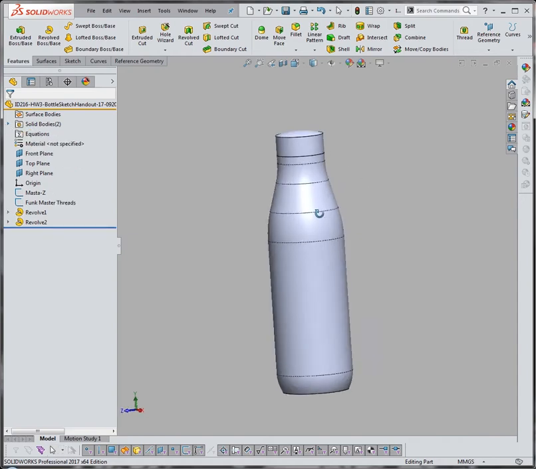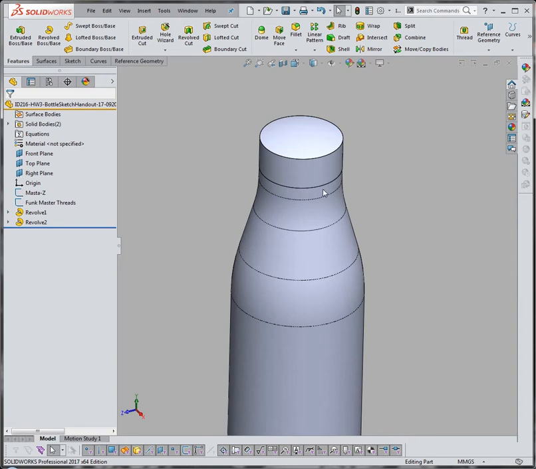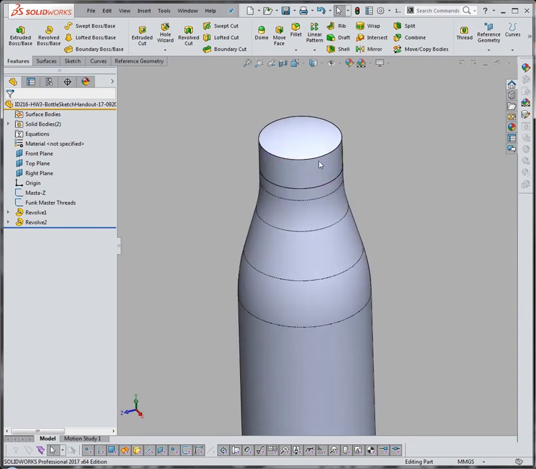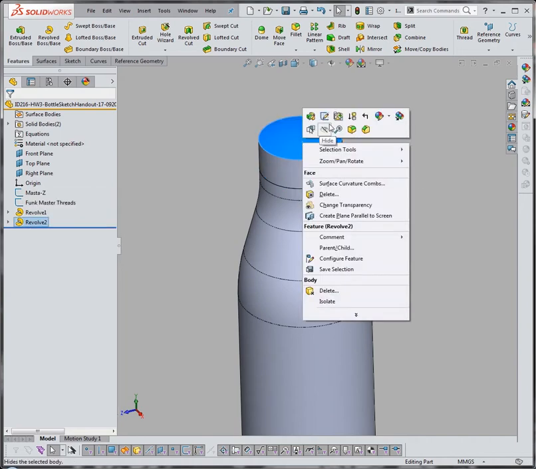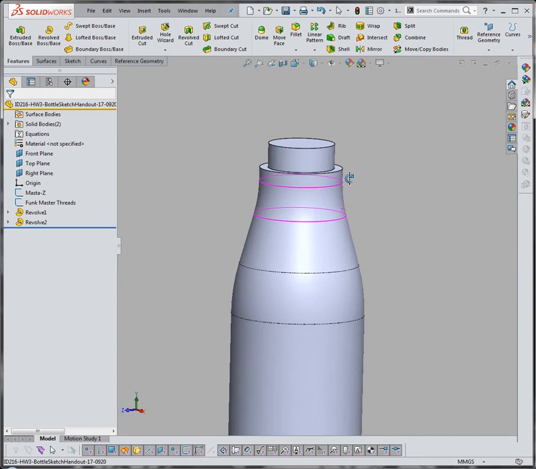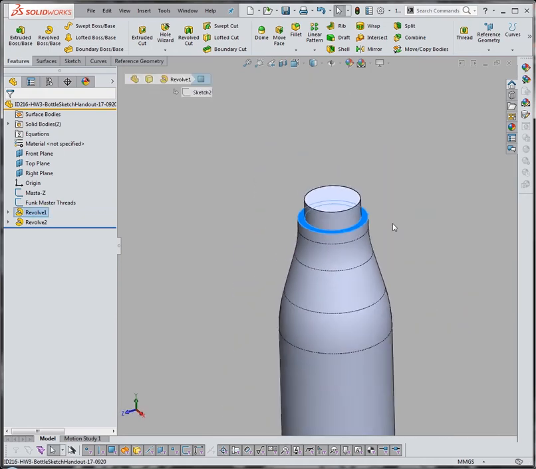All right. Next up, I'm going to make the helix that will create my threads. So to make it a little bit clearer to see what's going on, I'm going to hide the cap. I can do that by right-clicking the feature that created it in the feature tree. I could also right-click the cap itself and hit hide. All right. On this flat surface here,